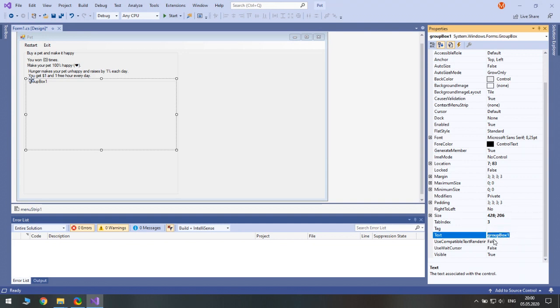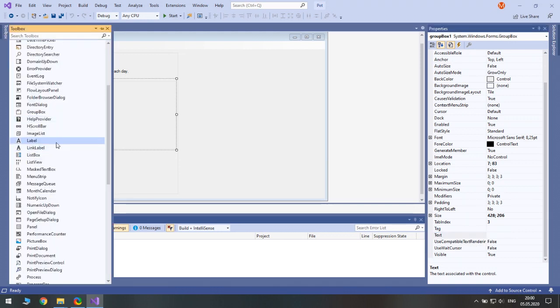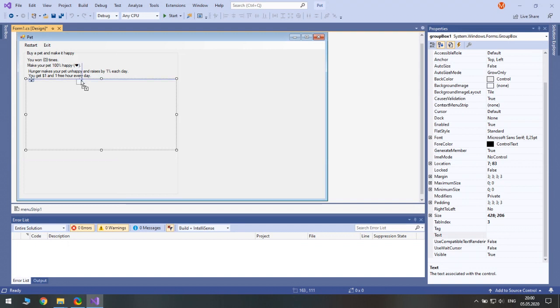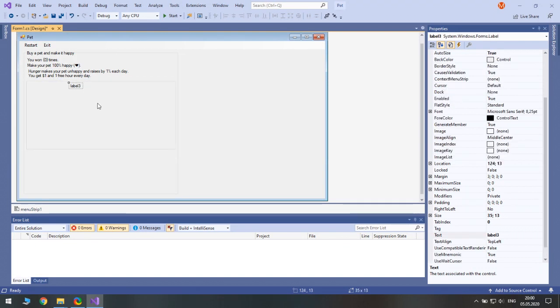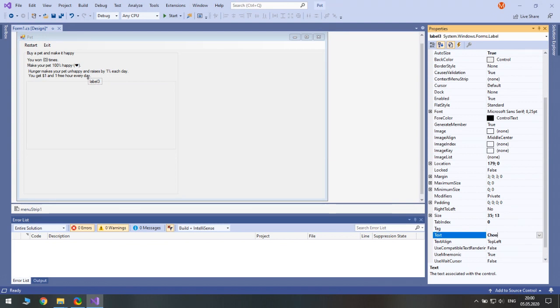We will have an empty title on the group box and use a label in the middle. Somewhere here. So the title will be Choose Your Pet. Okay.